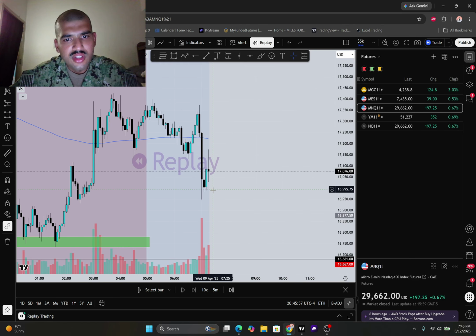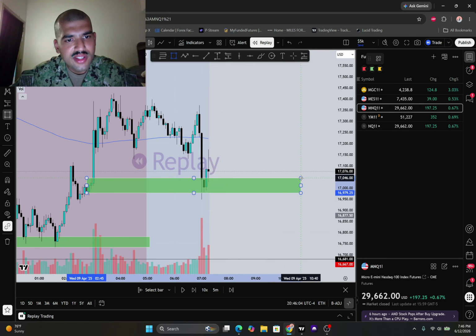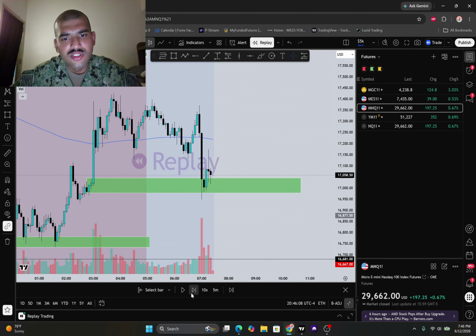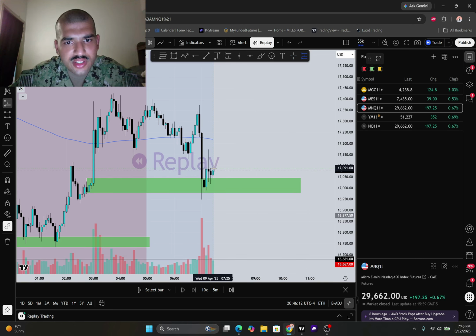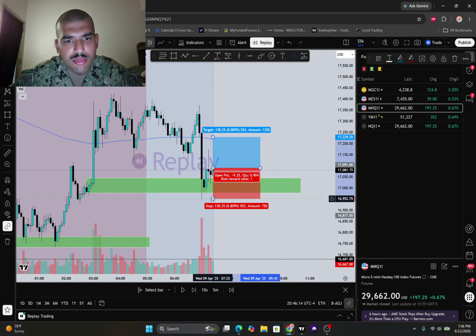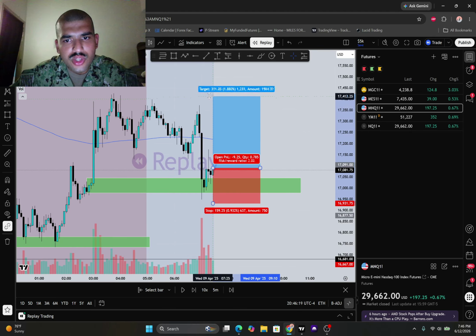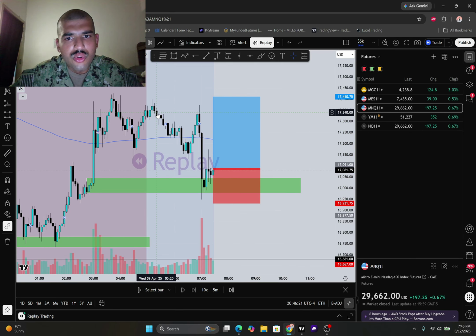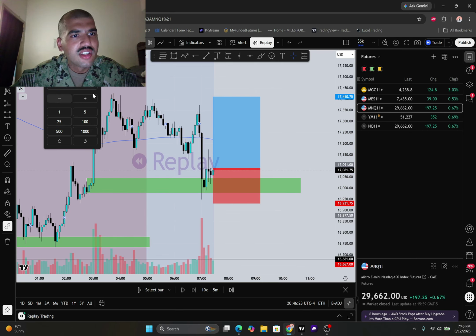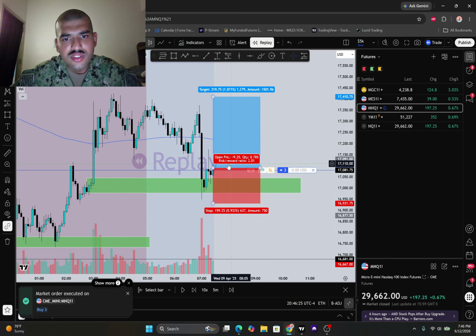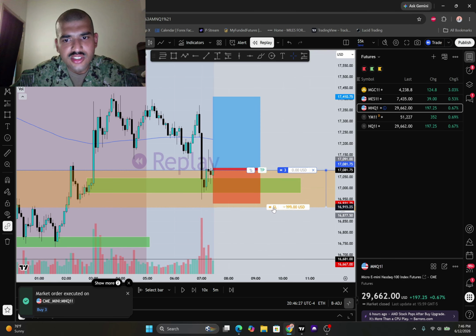So price came in to this area of demand right here. We're gonna mark it out, and it did have a big gap on it. If it breaks above that candle, I'll be getting in longs like that. So I would be getting in longs right here on this break of candle. Stop loss is gonna be right under this wick for a 1-to-2 risk to reward. Now keep in mind, I did not look at the hourly time frame, but let's just see how this does.